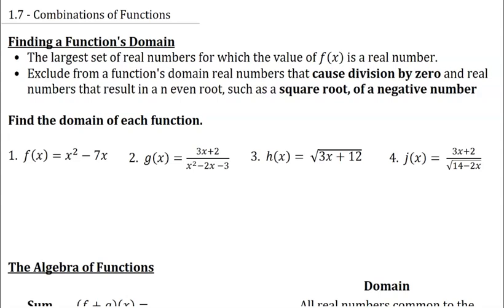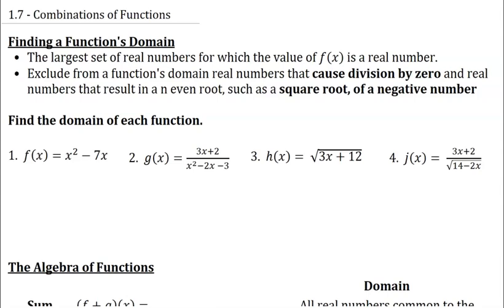1.7 is about operations on functions or combinations of functions. One thing that we need to consider when we combine more than one function is that the resulting function has to have the same domain restrictions that the original functions had, plus any that happen when they get put together. Okay, so what I mean by that is we need to find, so let's say we are dividing two functions,